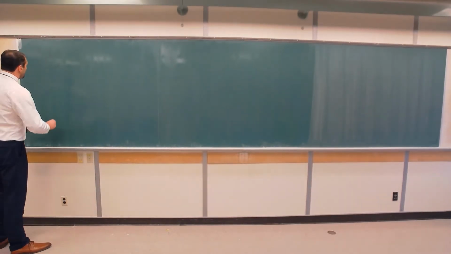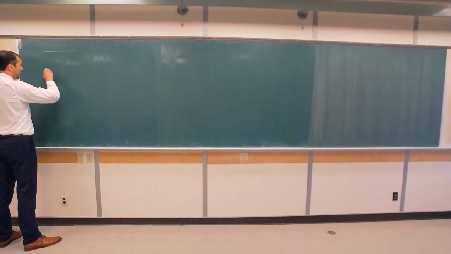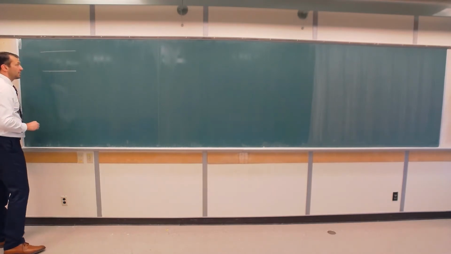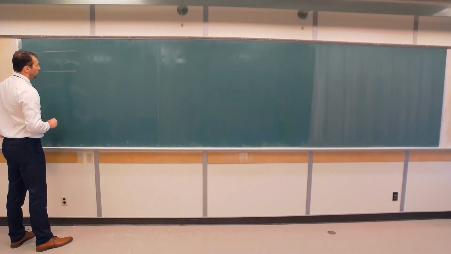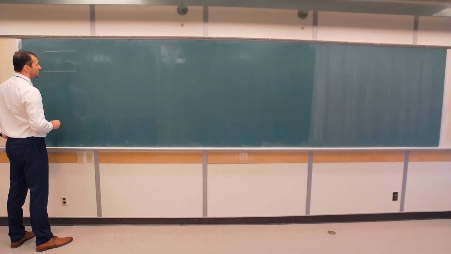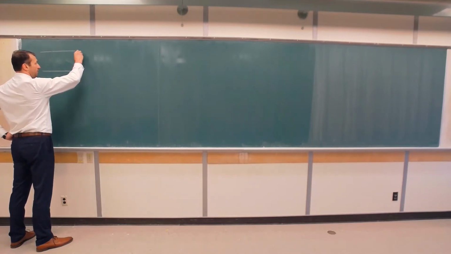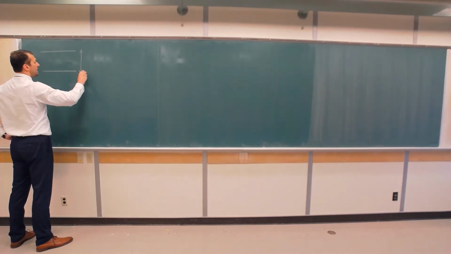And the problem says that the meridional pressure gradient is negative 2 millibars per 100 kilometers. So, if this distance is 100 kilometers,